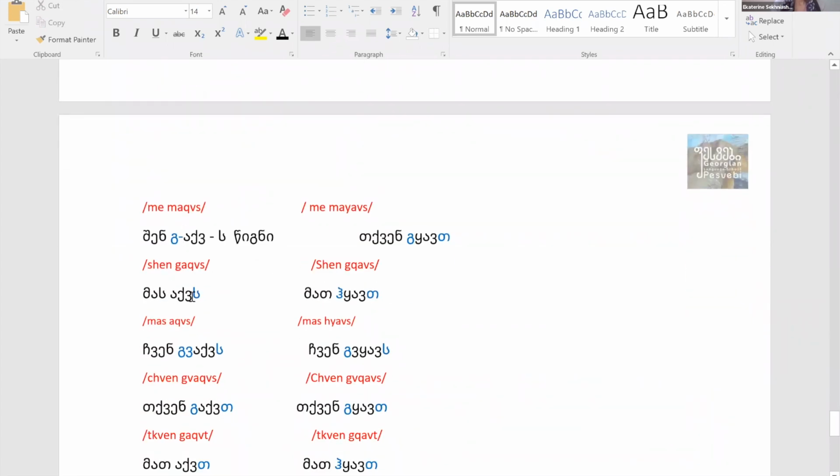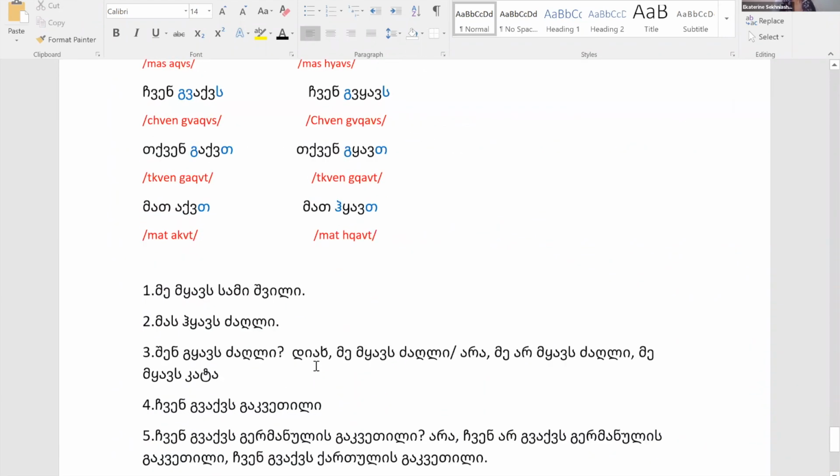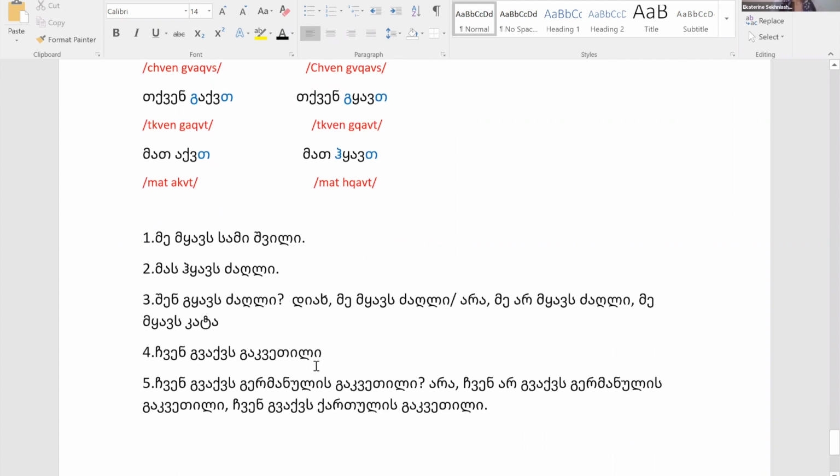Mas aks kakwetil, for example, he has a lesson. Here "s" is initially a subject marker, but here it stands for kakwetil, the object. So that's why these verbs are called inversive verbs. Subject and object markers exchange their place.